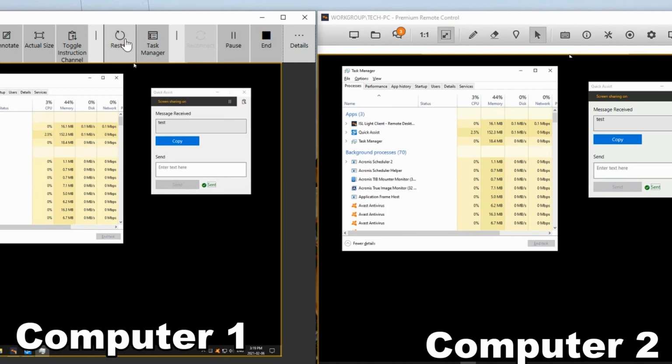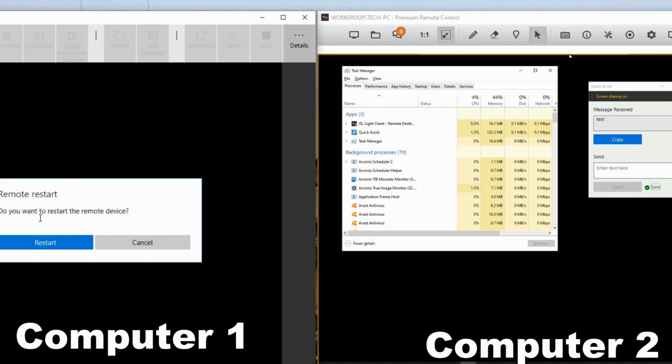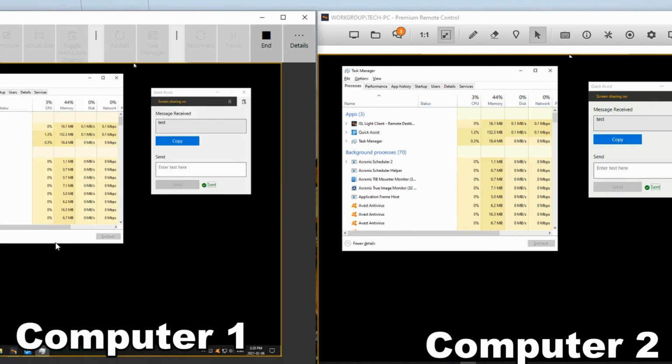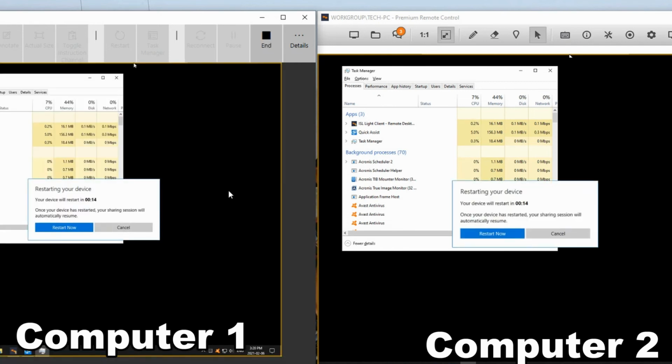So we will go and look at the restart. You'll see, do you want to restart the remote device? So I'm going to say restart, and we'll see what happens on the other side. It says that the device is restarting, and we can actually see it on our end as well, but they see it on their end too, that it's going to restart, and it counts down.